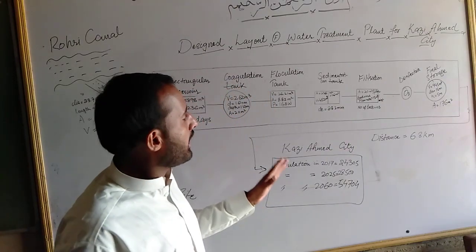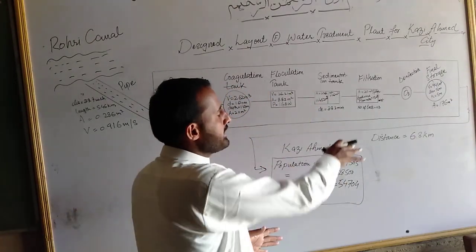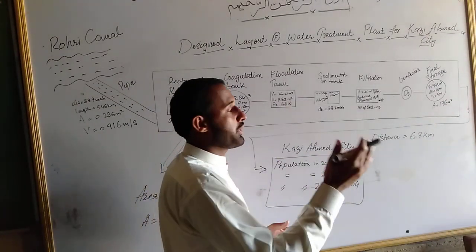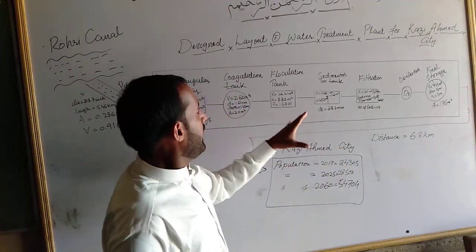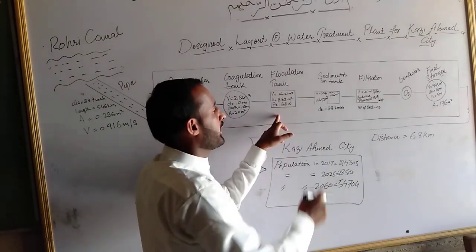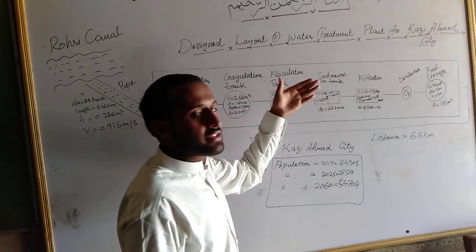It means we are going to let the water stay in this tank for 28.2 minutes, so that the flocs which are produced in the flocculation tank can easily settle down and